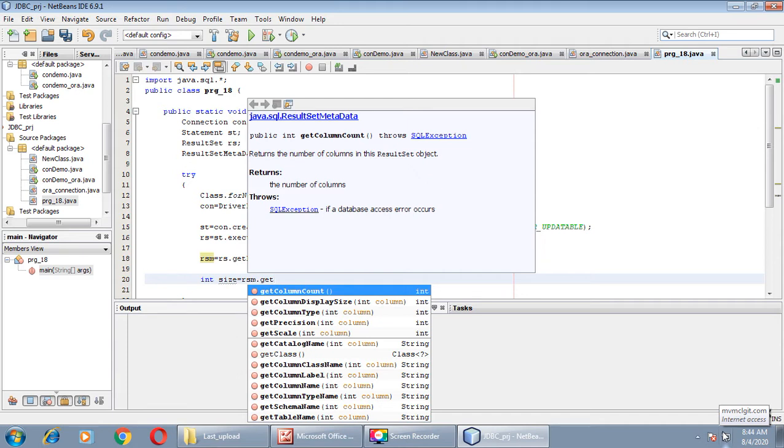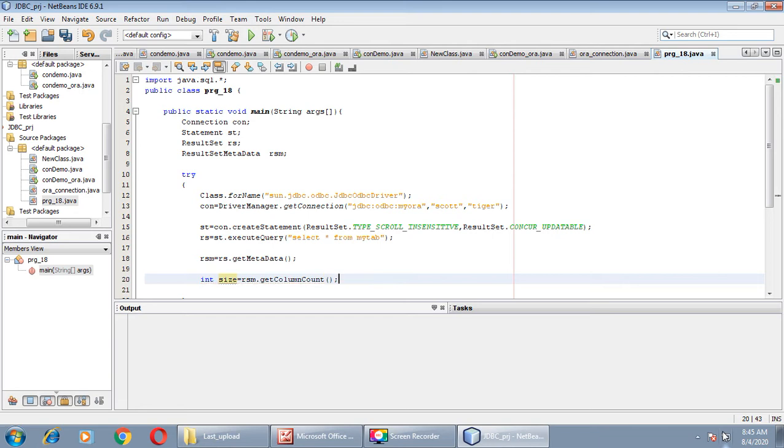The first one. This method will return the number of columns in the ResultSet object, whatever object is taken by us in this program. Through this method we can get the number of columns for that particular object. Okay, then semicolon.